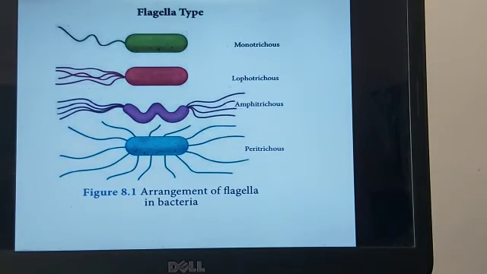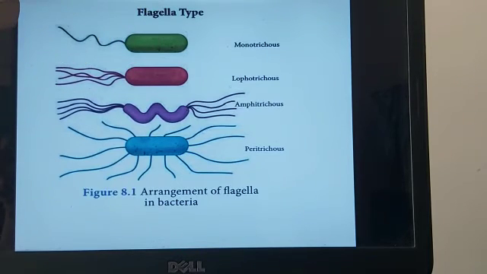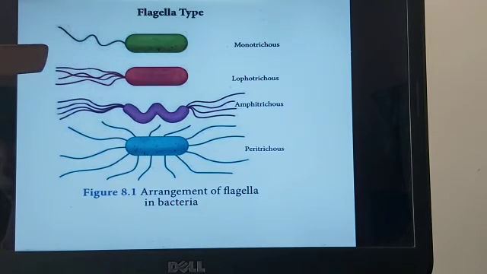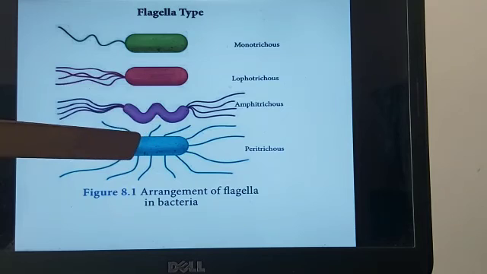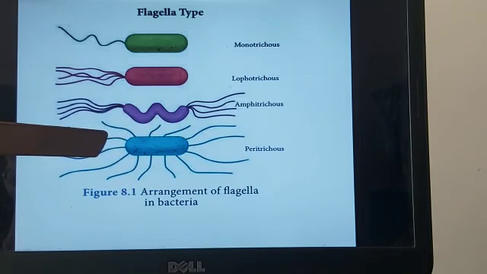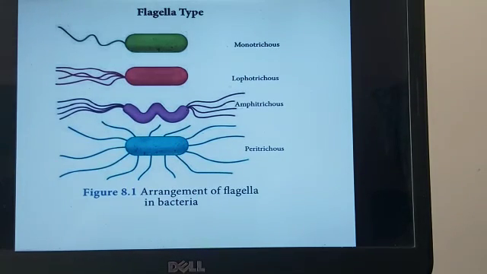Now, in the prokaryotic cells, different arrangements of flagella are seen. You have to understand, this is also there in the syllabus. Monotrichous: here you have the bacterial cell and one flagellum is coming from one end. This is known as monotrichous. Lophotrichous: more than one flagellum is coming out from one end. This arrangement is called lophotrichous. Amphitrichous: at both the ends numerous flagella are there. And peritrichous: throughout the body of the organism, the flagella are present. So these are the various arrangements of flagella seen in bacteria.